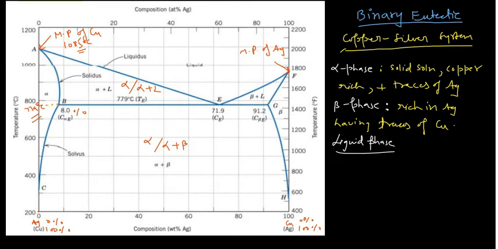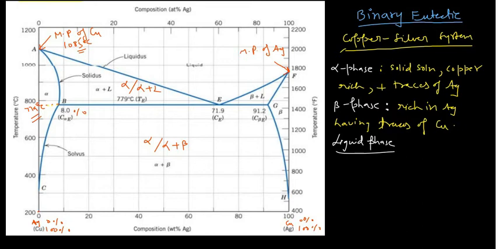Okay, so if you see here, below the temperature of 779 degrees centigrade, the solubility limit line, that is BC, is known as the solvus line. While the line which is above here, line BA, is known as the solidus line. So remember, this line AB is known as the solidus line, and this line BC is known as the solvus line. Now the important thing is, what is the meaning of the solidus line and the solvus line?